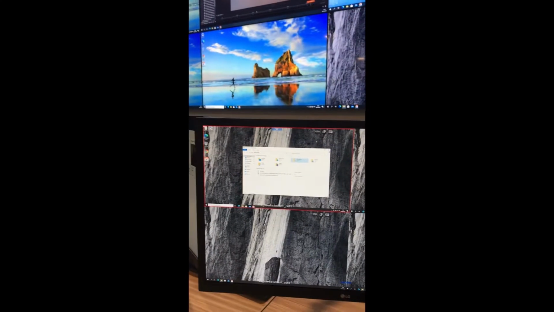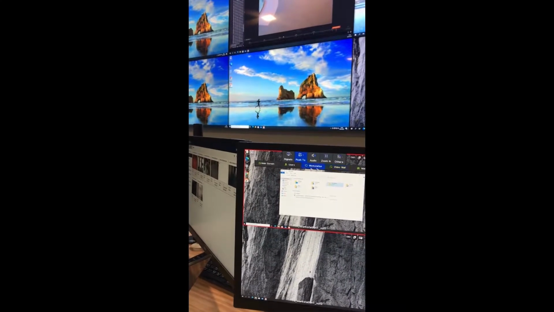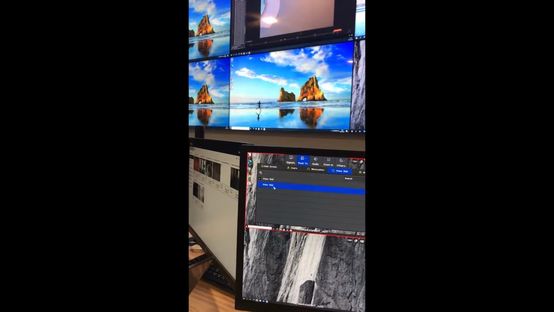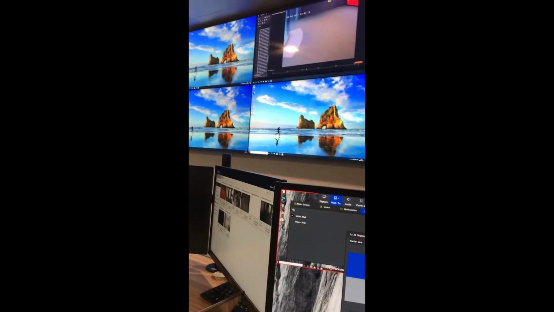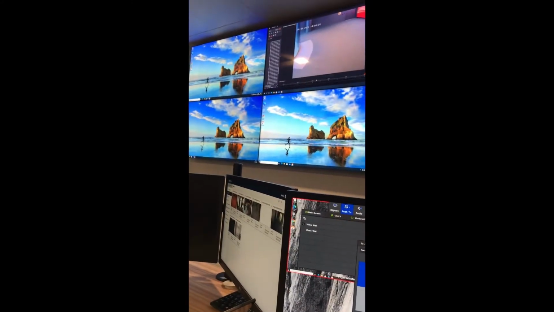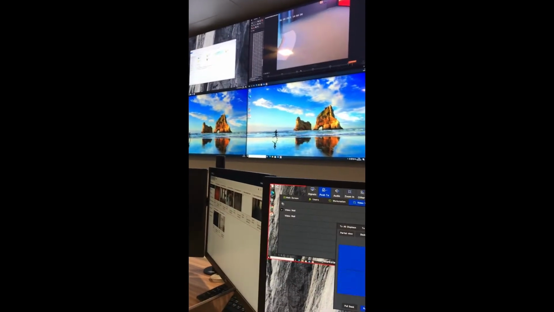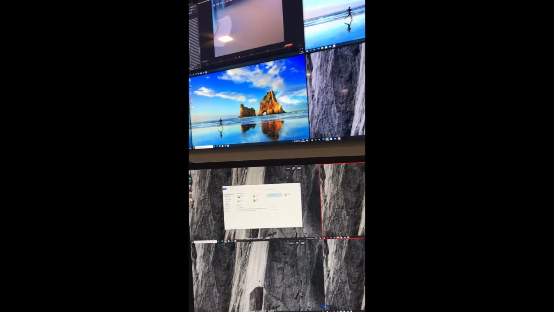Then I need to click on the upper menu, then push to, then go to the video wall. From this video wall I need to select the window, that is, which window I want to push this particular input to. I select the window, then press push to. I do the same for the other windows also.